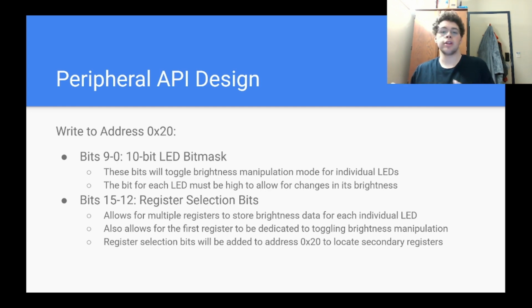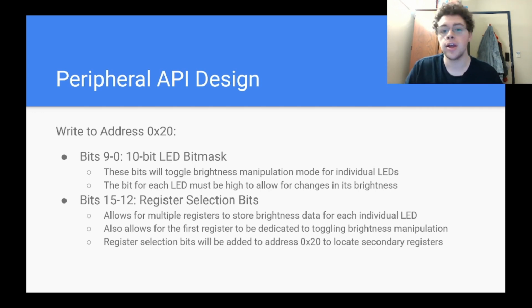Basically what this means is that if an LED is not toggled, if you change its brightness data, then the brightness data it had previously been set to will be the brightness data it continues to use. Now, if you have that LED toggled, the LED will change to that brightness. So it essentially allows the programmer to set LEDs at one certain state or to change them to different states. The register selection bits is what allows for going from toggling functionality to the actual brightness changing functionality